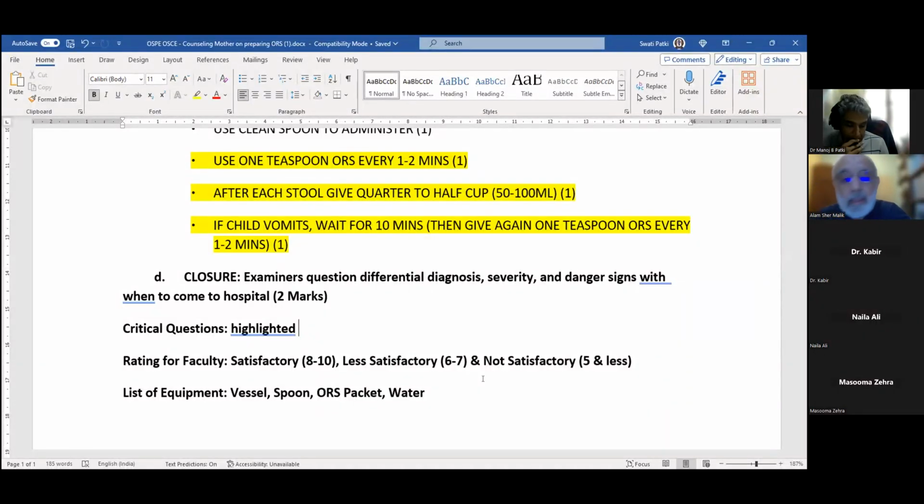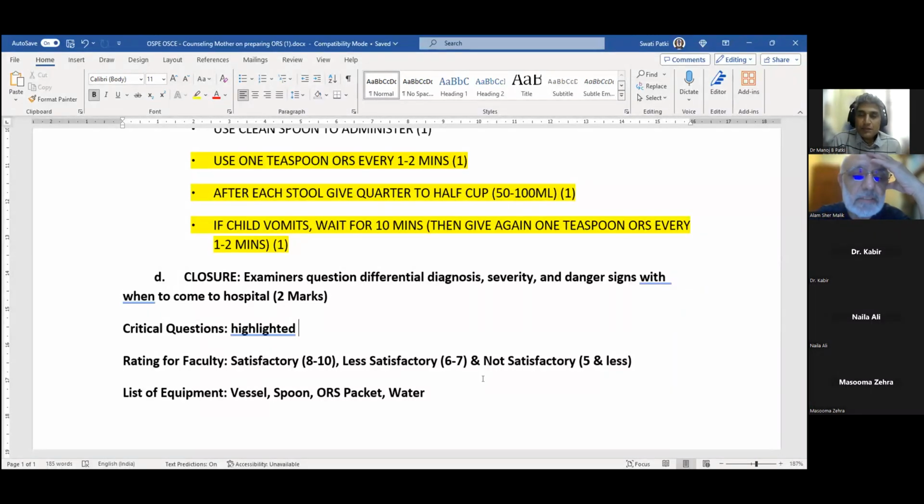Number two, this rating for faculty, you do it as satisfactory or less satisfactory after the cumulative score, at the end, sir? No, basically what we do is